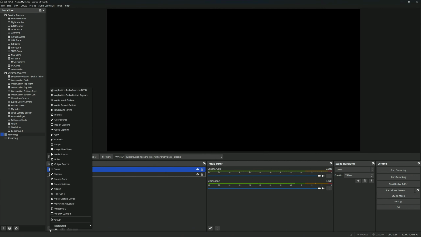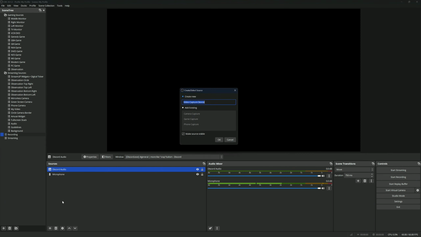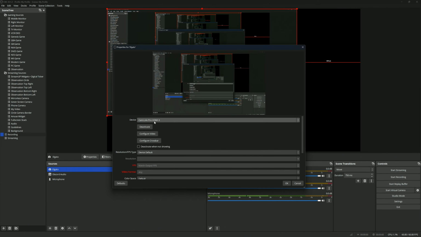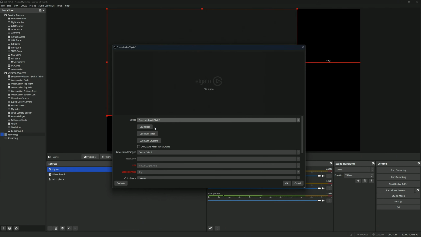All right, next thing we're going to want to do is to add our capture card. To do that, you're going to want to find Video Capture Device. Name this to whatever it is. Mine is an Elgato. Okay, and we don't want this one, so let's change it to HDMI 2. There we go. If it's not working and showing up for you, you can hit this deactivate and activate button,